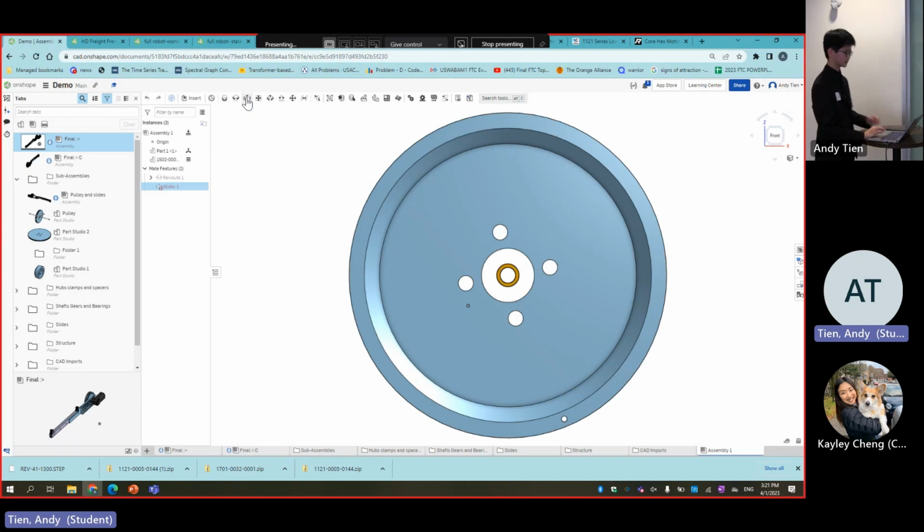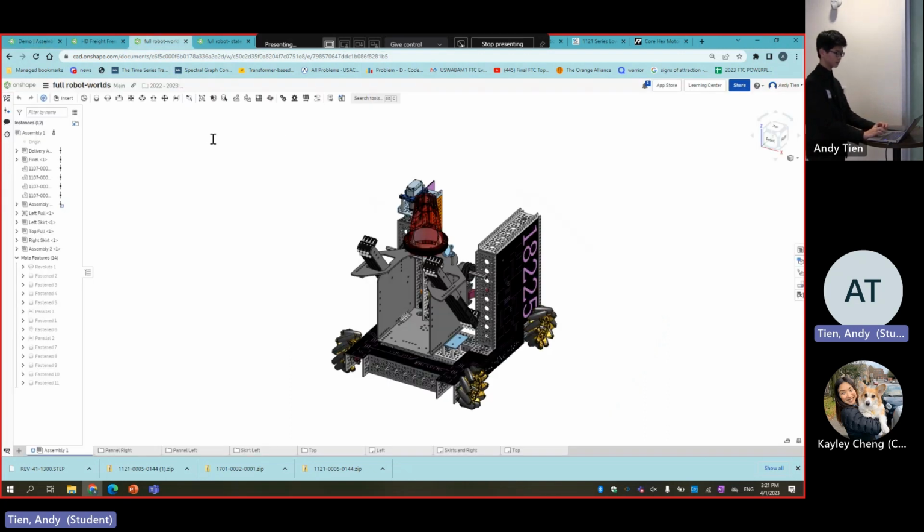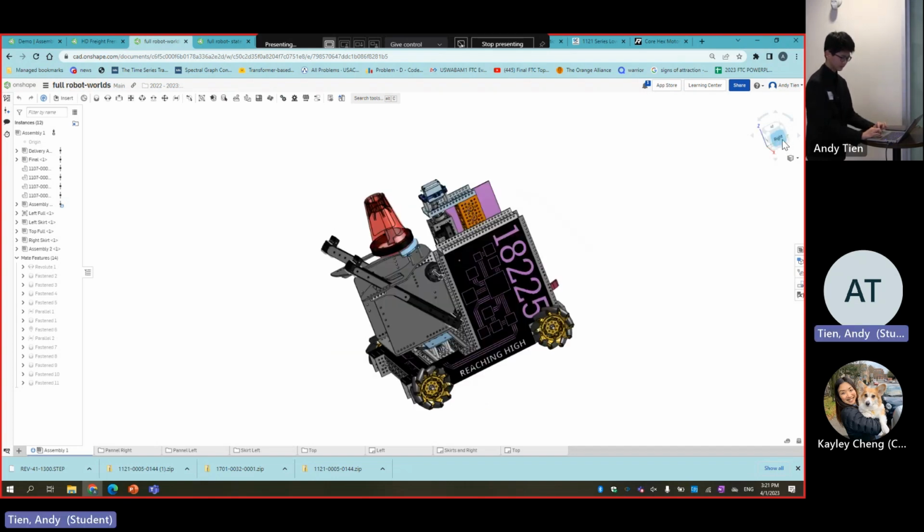So this next one is a slider mate. A slider mate basically just gives you the freedom on the z-axis. So that plays out when you're animating linear slides. And that can be seen on our worlds robot, which you can see here. We have 4 sets of linear slides, and